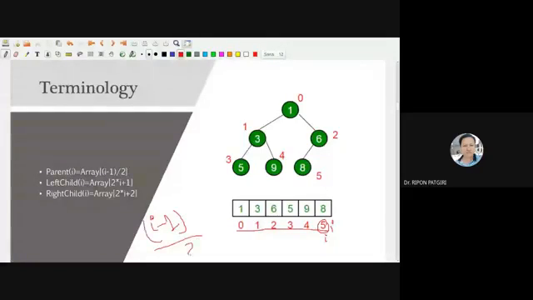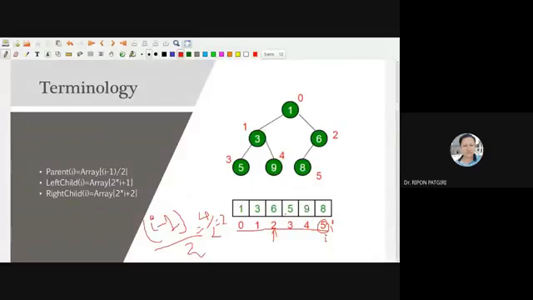So parent of index 5 is what? 5 minus 1 is 4, divided by 2 equals 2. So index 2 is the parent. So the parent of 8 is 6.